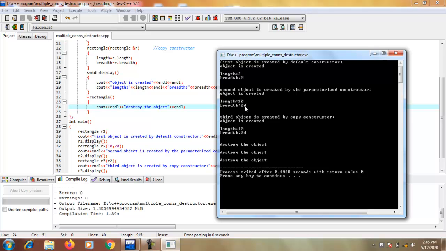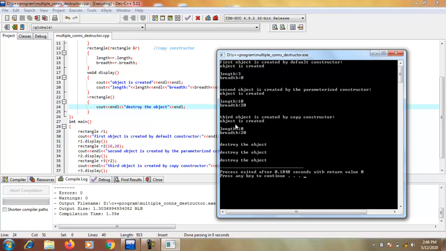That means in this class three constructors are called, and then here you see that three times the text "destroy the object" appears.